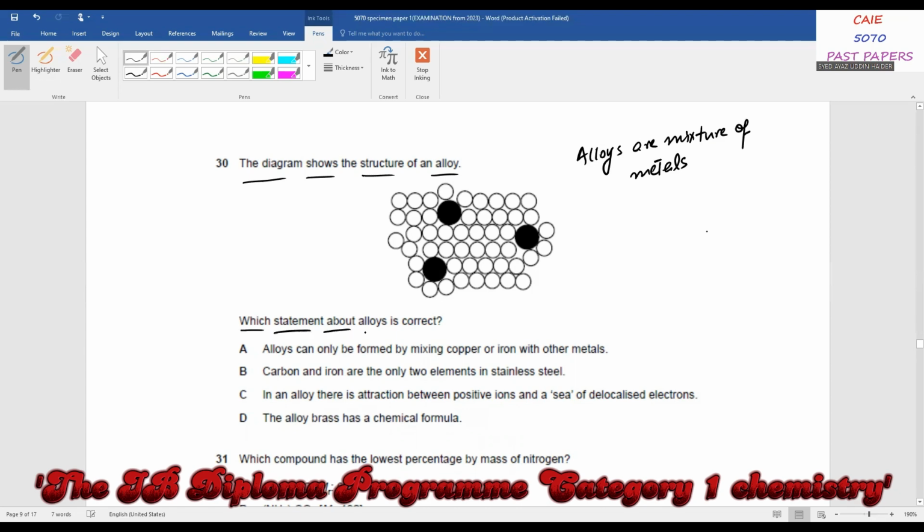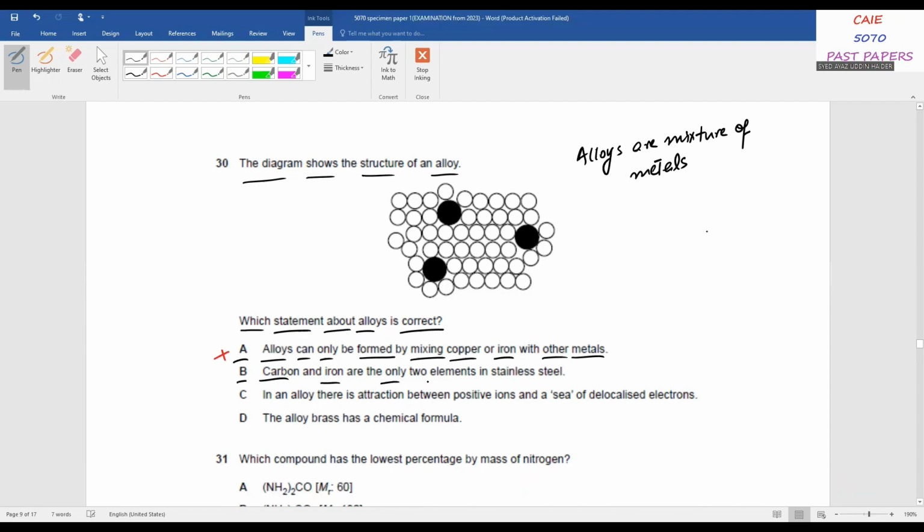Which statement about alloys is correct? A, alloys can only be formed by mixing copper or iron with other metals. This is wrong. You can make alloys involving other metals, even non-metals also. B, carbon and iron are the only two elements in stainless steel. Again, this statement is wrong because you can even have other elements or metals in stainless steel like nickel, manganese,